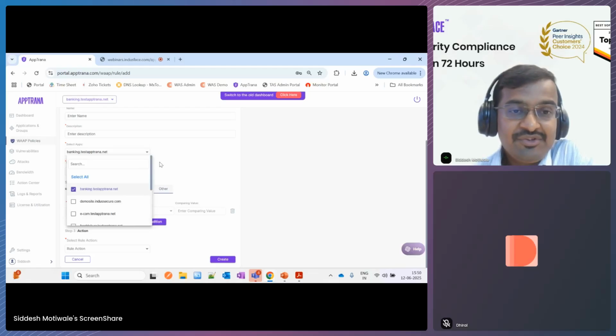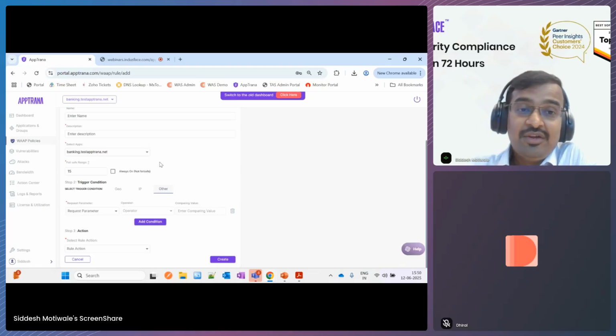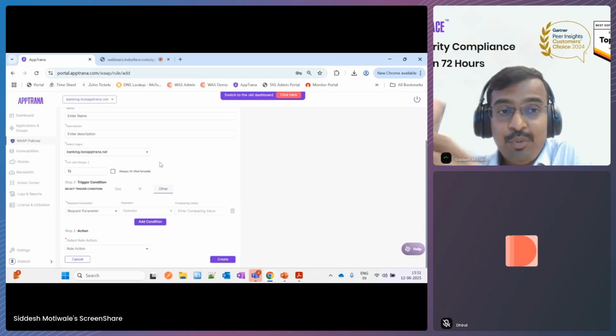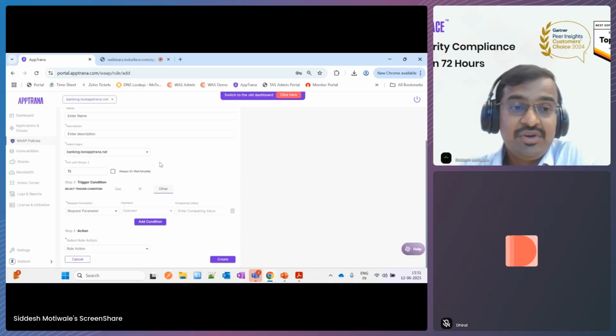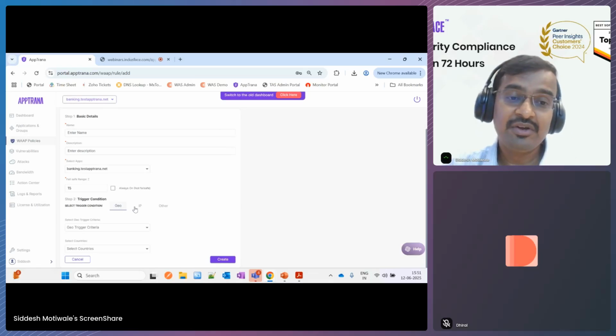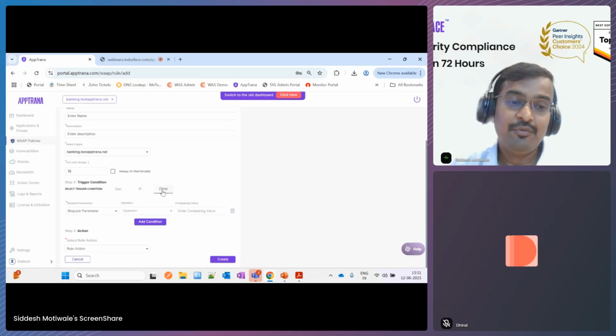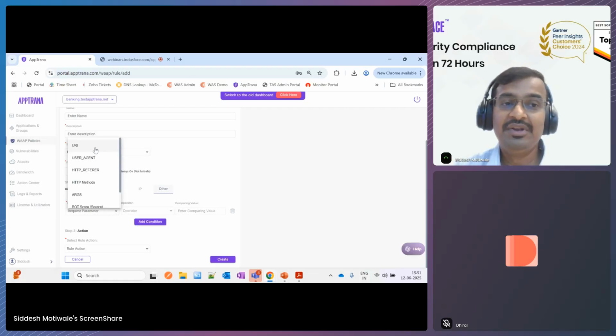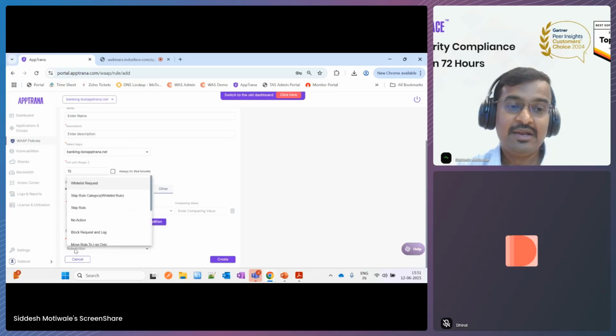You can select all applications in one go. So let's say you have IOCs of IPs and you want to block them across all the applications, you can do that. You can build custom rules based upon geofencing. Let's say I want to allow traffic only for a specific country or specific IP, or if you want more granular controls on the HTTP parameters and a combination of both,